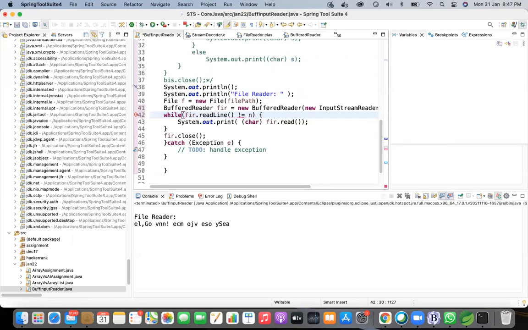And you can just give System.out.print and then the fr. You can assign that to a string value, or you can typecast to string later. Anything is fine. So instead of fr.read, you can assign it, just give fr.readline.